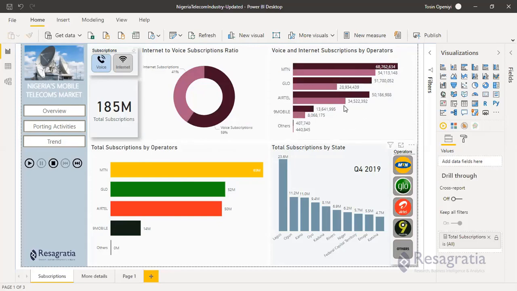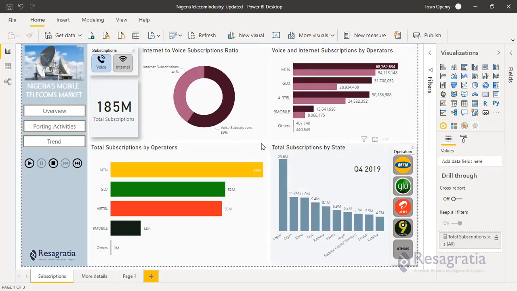Voice subscription is always higher, because before you can get an internet subscription, most of the time you need to first load your phone. At the point you are loading your phone, it's recorded as voice subscription. And once you go ahead and do internet subscription, they capture it as internet subscription. So voice comes first before internet most of the time.